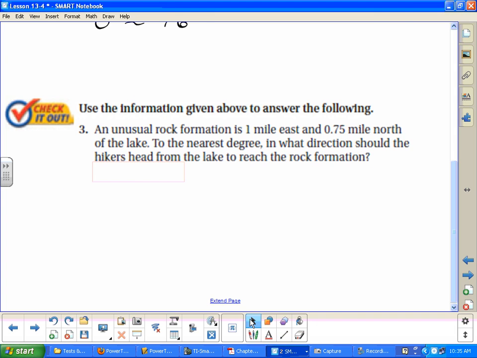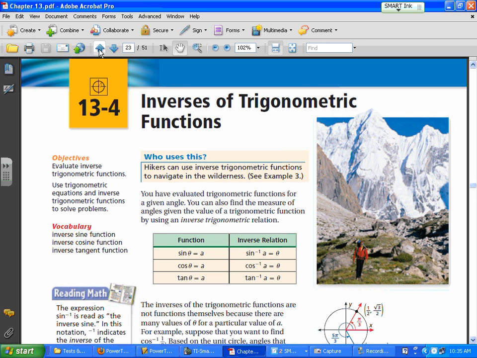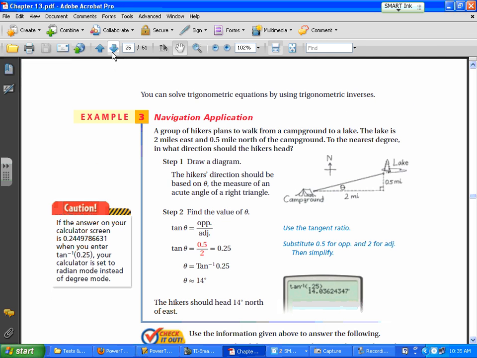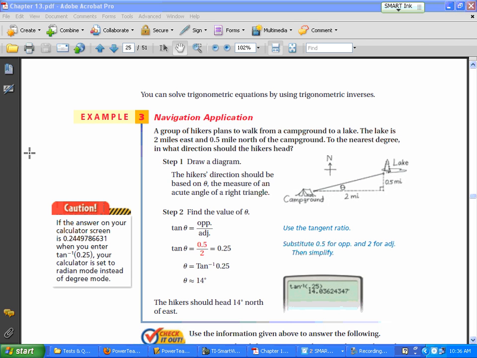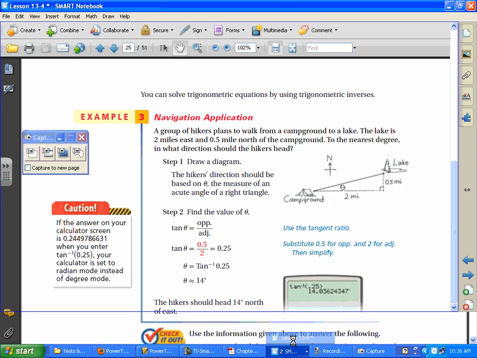There we go. Okay. All right, so here's the picture that they're talking about in the book for that problem. So let's, I think that's still the same picture. Yep, it says using,